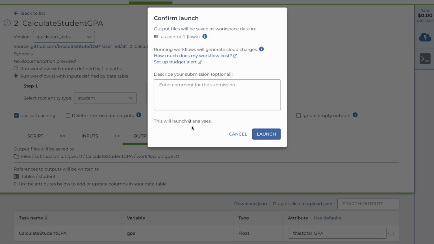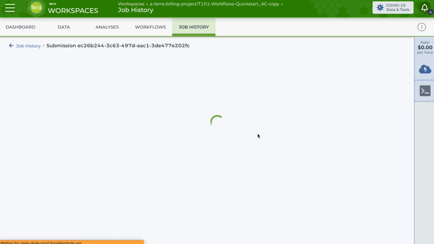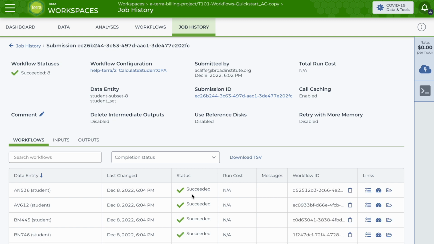This time it's launching 8 analyses, one for each student in your subset. Click Launch. There you go. When your workflow is complete, there are some thought questions in the Quickstart guide that you can answer. You'll see the green check in the status box. You can go back to the Data tab,